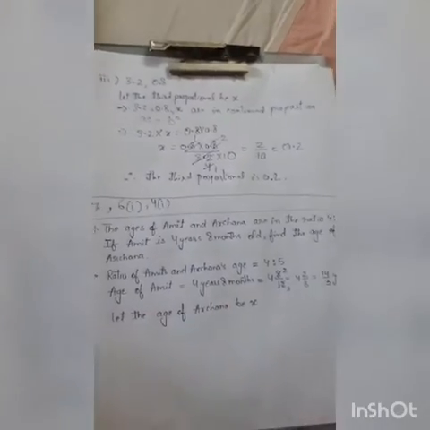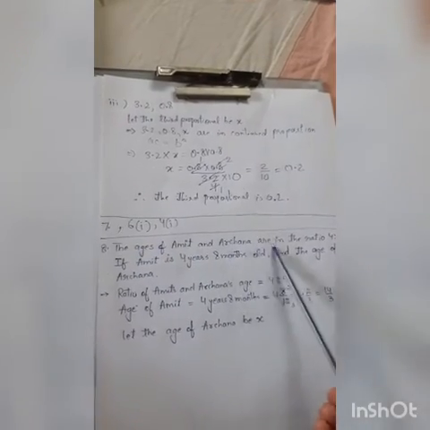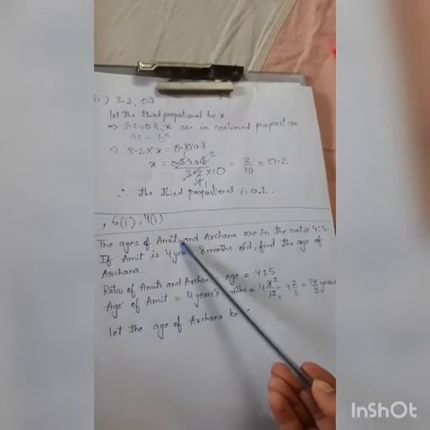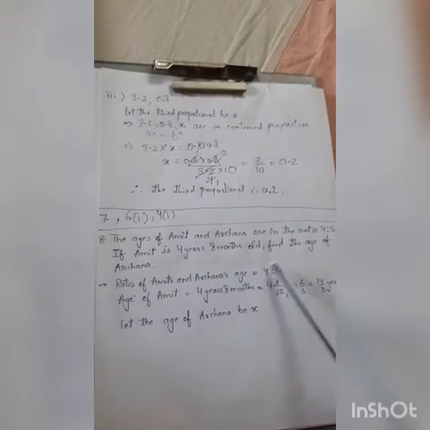Now this question number 8 is the same as 7. So if you understand this, then only you will be able to do question number 7. The ages of Amit and Archana are in the ratio. जो भी उनकी एज थी उसका रेशियो कितना है, 4:5. उनकी एज 4 और 5 नहीं है, उनकी एजेस का रेशियो है. अमित की एज और अर्चना की एज का रेशियो 4:5. So we have written the first statement. Ratio of Amit's and Archana's age is 4:5.